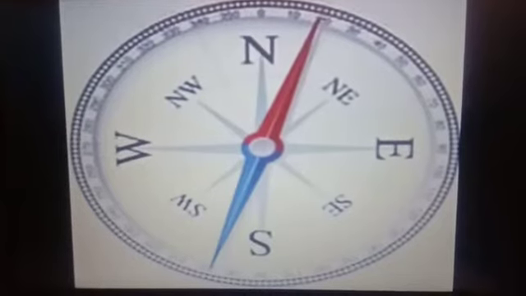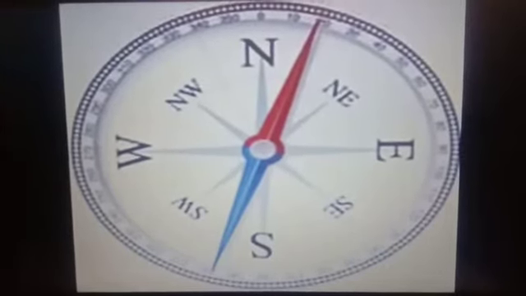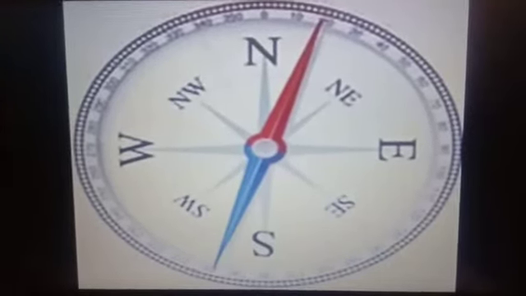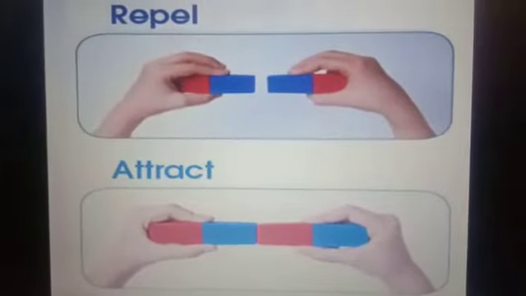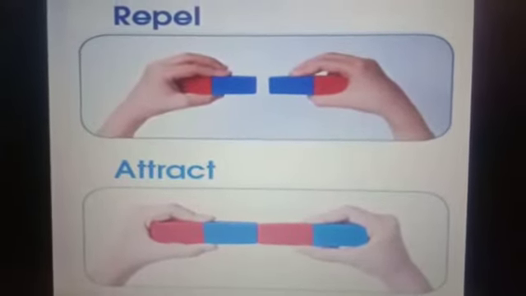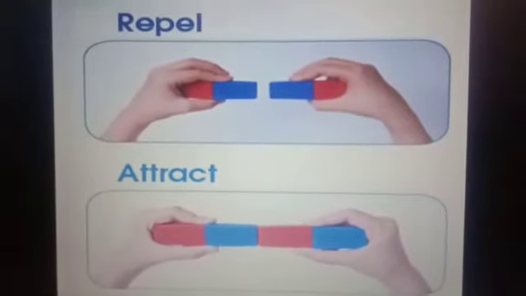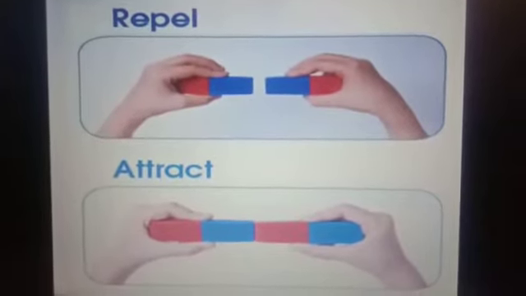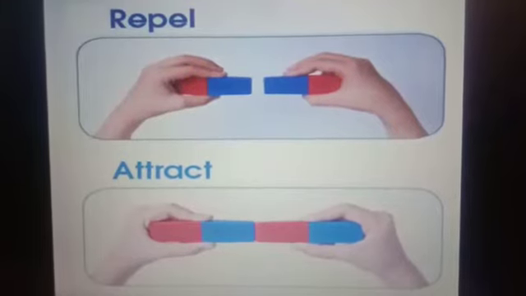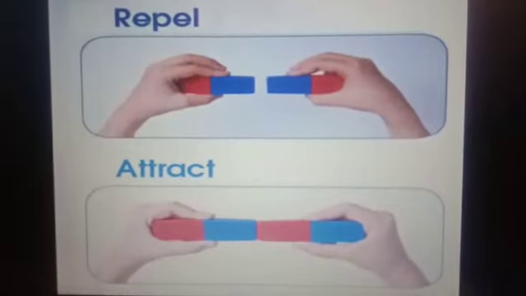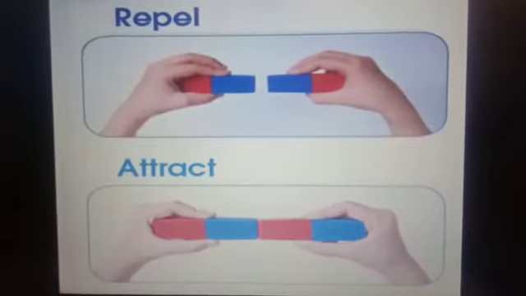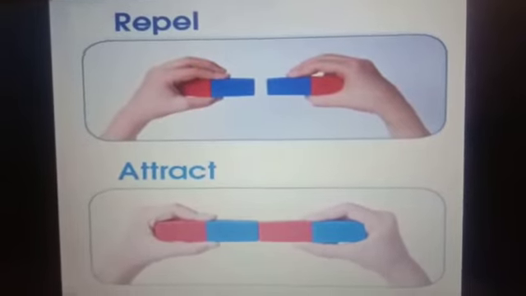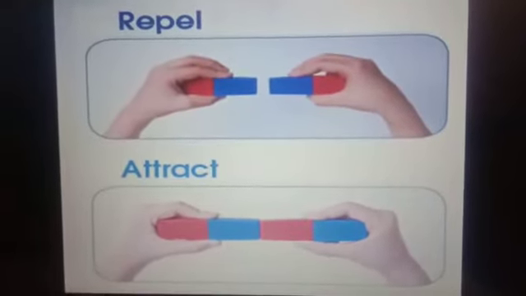Our next point is separating the two poles of a magnet, which means the attraction and repulsion of the magnetic poles. If we hold one bar magnet in our left hand and another similar bar magnet in our right hand and bring the two ends close to one another, then our hands can feel a force of attraction or repulsion. Whether a magnet will attract or repel another depends on the poles of the magnets facing each other.